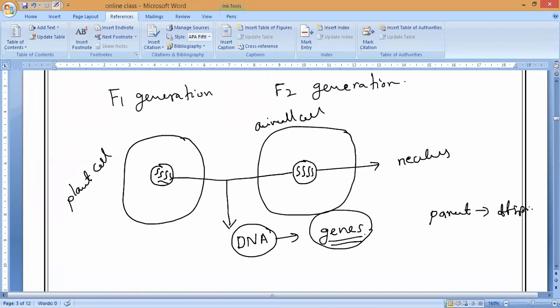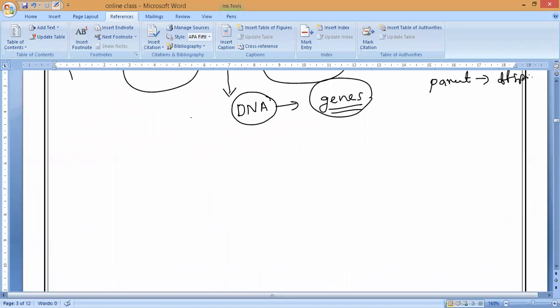Now, if you notice, we have different organisms. For example, if you take humans, or other animals, different organisms have different numbers of chromosomes in their nuclei. So now if you take,